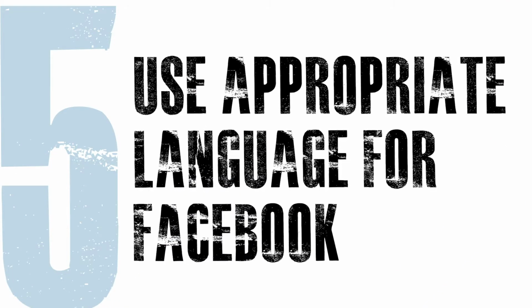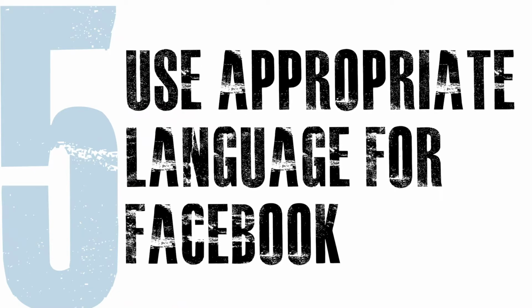Point 5 is don't use language that Facebook doesn't like. Now, once you start running ads, you'll start to find out what I mean by this. And this is getting harder and harder every single month. Facebook is putting all sorts of algorithms in. It's got automatic bots that will check your written text, will check your videos. It will check everything on the page, and it has people that check it as well. And what happens is if it picks out a few too many of the wrong words or the wrong style of language or the wrong use of language, it will actually ban your ad.